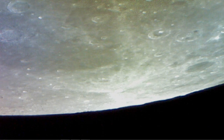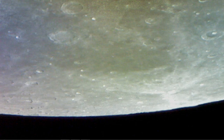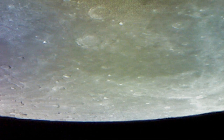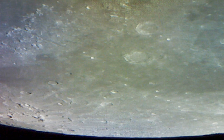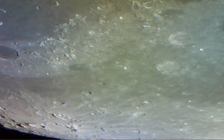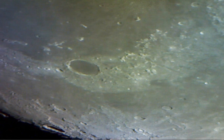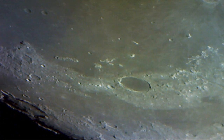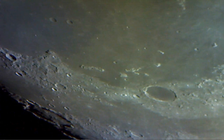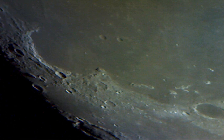This is a beautiful, beautiful thing to see. And let me finish up just to the left in the shadow line where I know it's going to be a better image for you. Look at the detail. I really can't get over how beautiful it is. Pretty good telescope, pretty good camera. And that's a good place